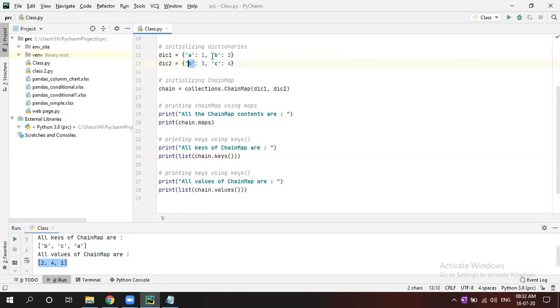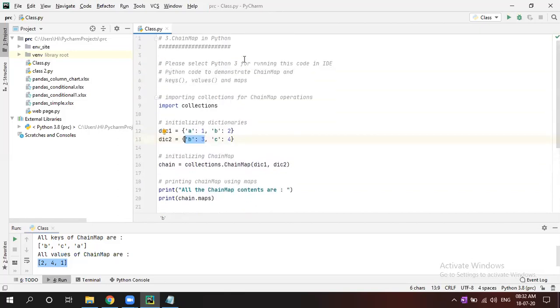First B only, right? It will take the first B. Then it is an old one, so that won't be taken again. It will skip that one and take C. So if you don't want the first, you can put the second one; if you want the first, you can put that. But if it is a different key, then it will show. Otherwise, it will skip that one.